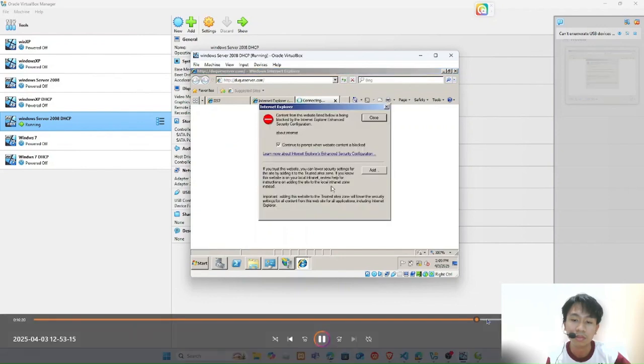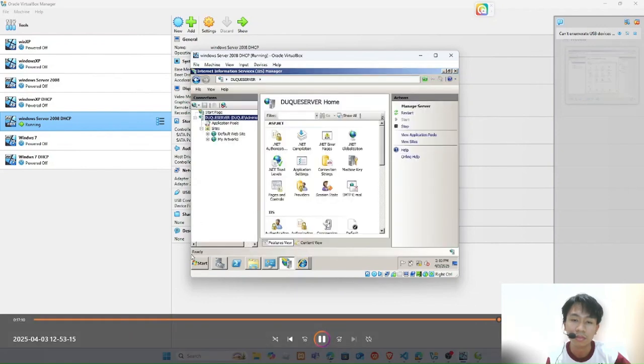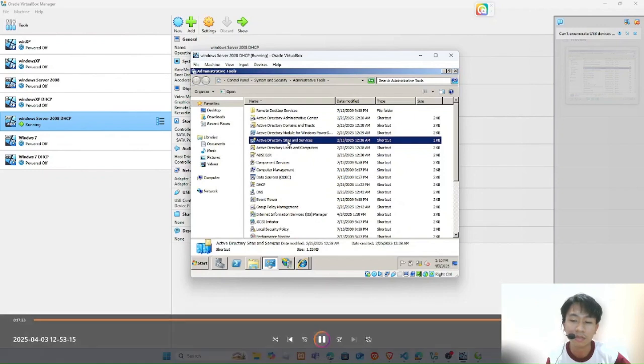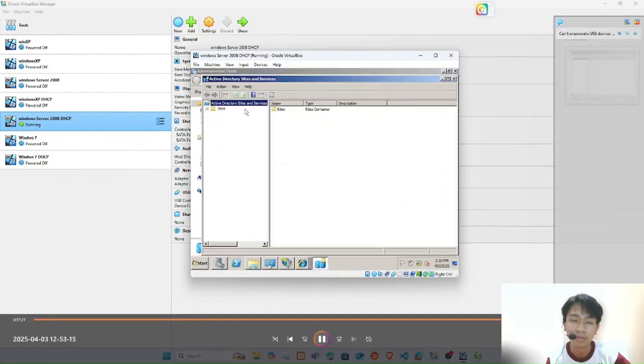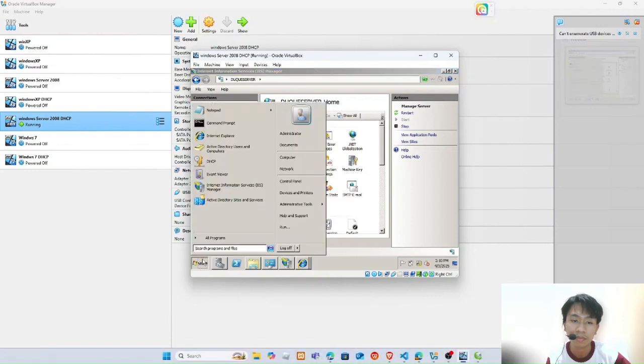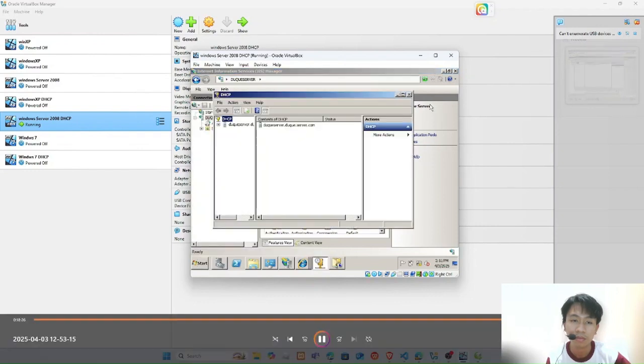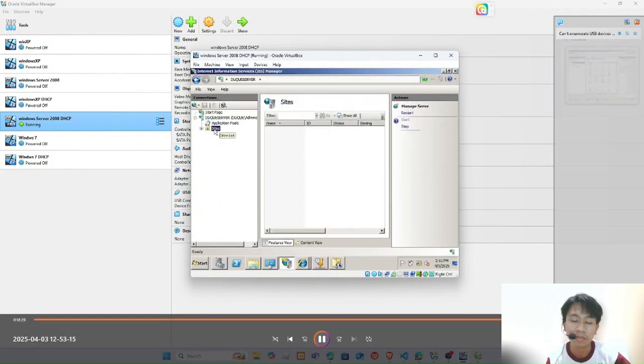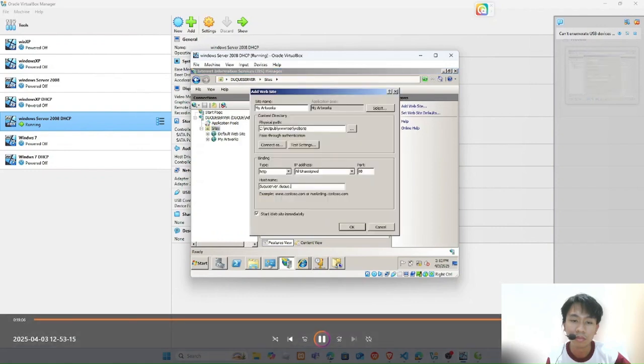So let's just skip this. Make sure the host name is correct and the physical path.